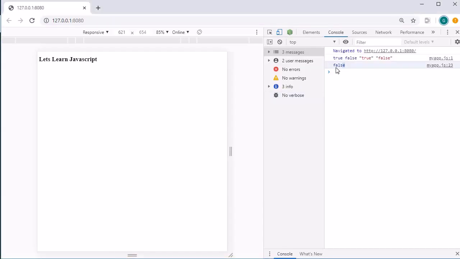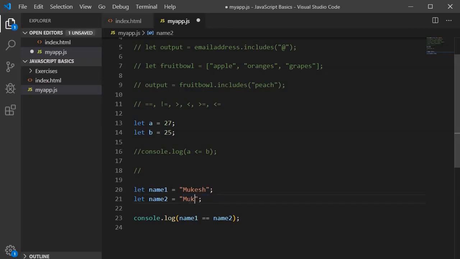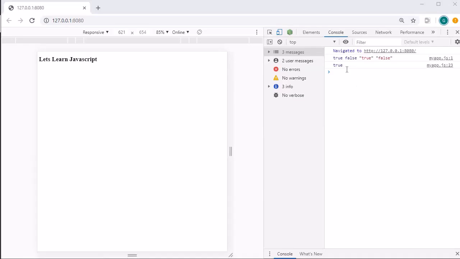So you will find that it has given us false as the names are not the same. Let's provide the same name so that we can check that it is working. Save it. Now let's look into the output, and this time it has returned true. So that means this operator will work for both data types, that is for numbers as well as